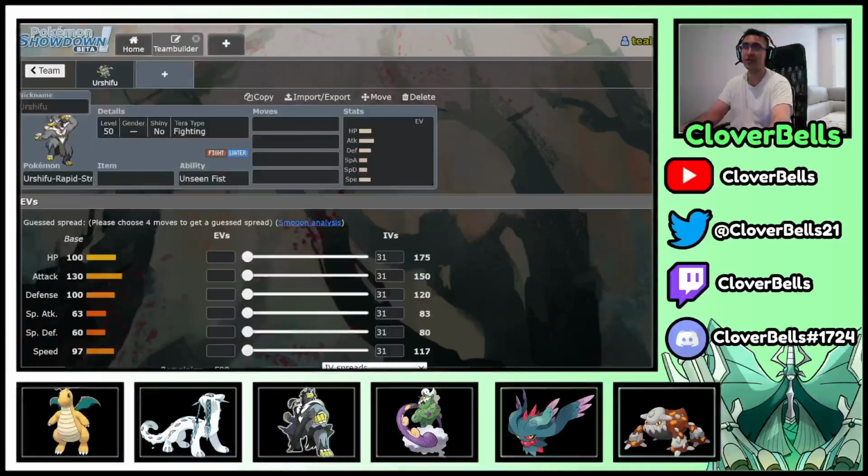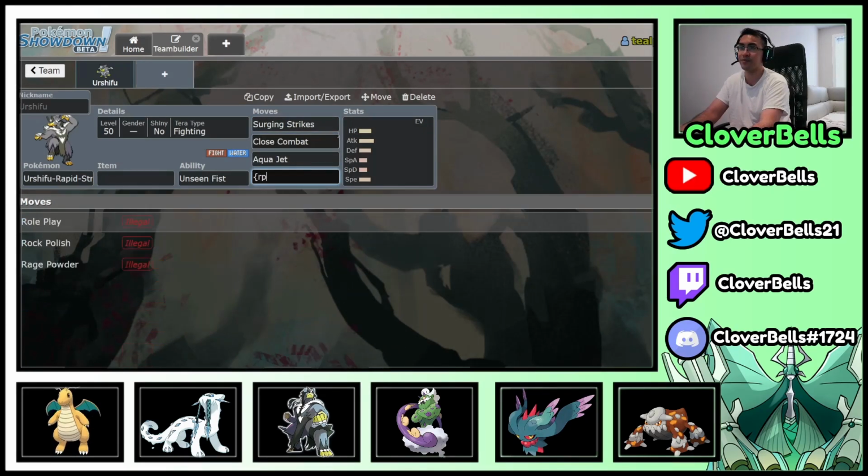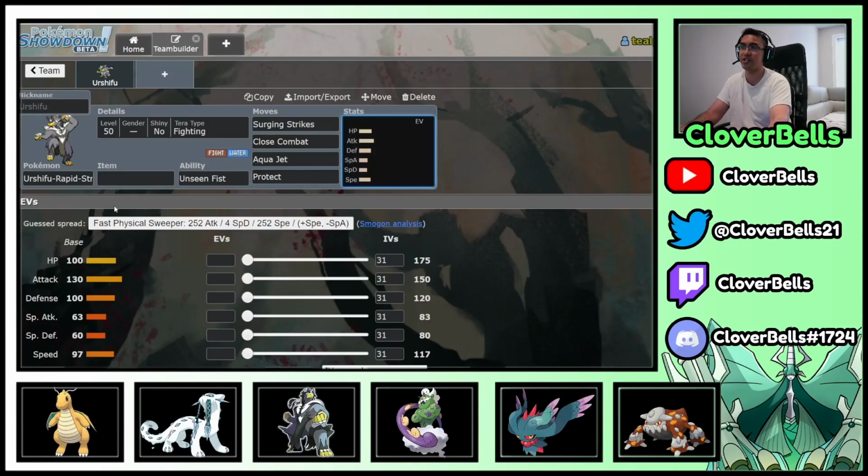Okay, let's move on. Next up on my list, we've got the Urshifu-Rapid Strike. Of course, this is one of the new options that we're getting from the Regulation D format, from the Pokemon Home update. We've done a lot of team building on the channel throughout the month of June, and Urshifu was pretty much on every single team just because it's too good not to run, right? Because you can just crit with Surging Strikes, and then you can go through Protect with your other moves, and just deal so much damage,